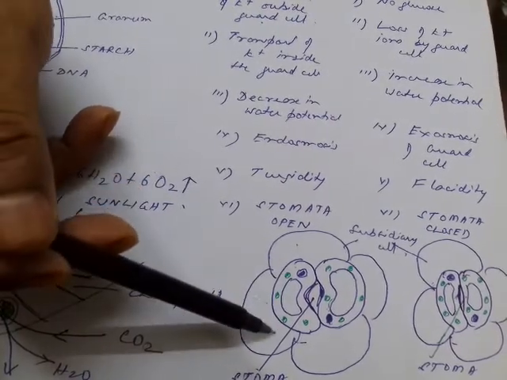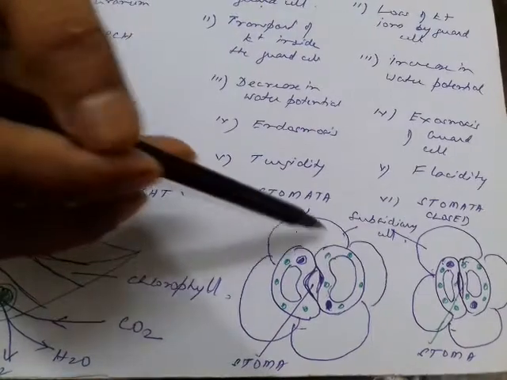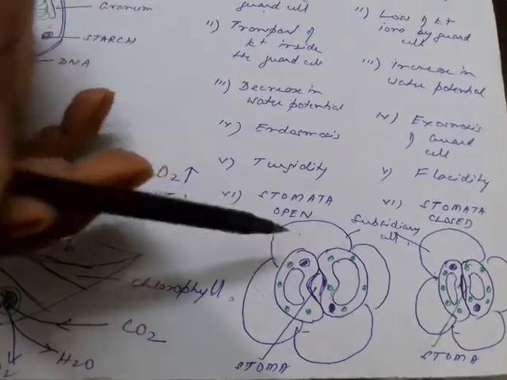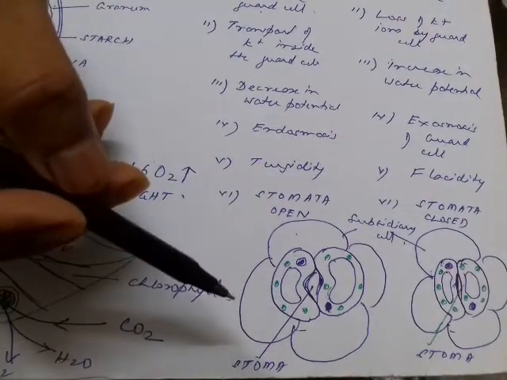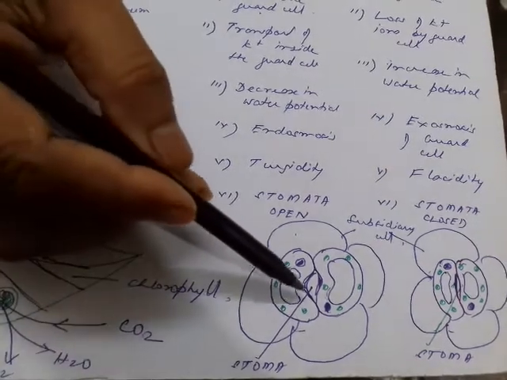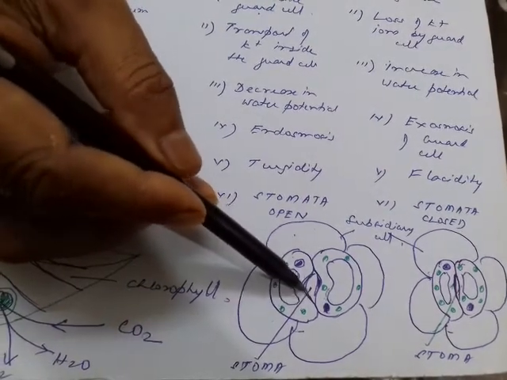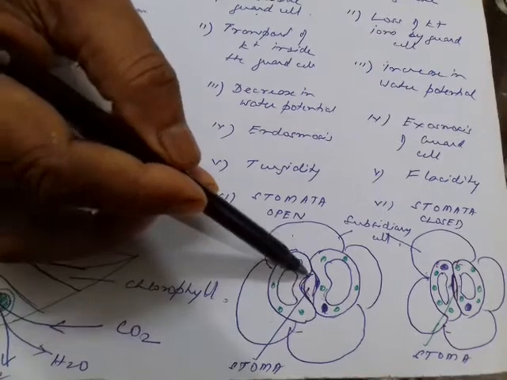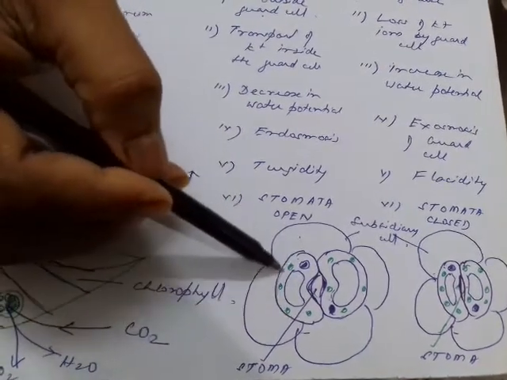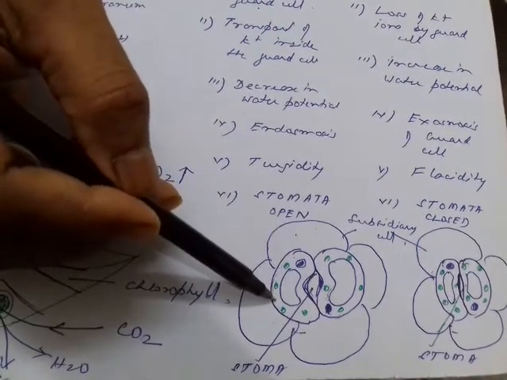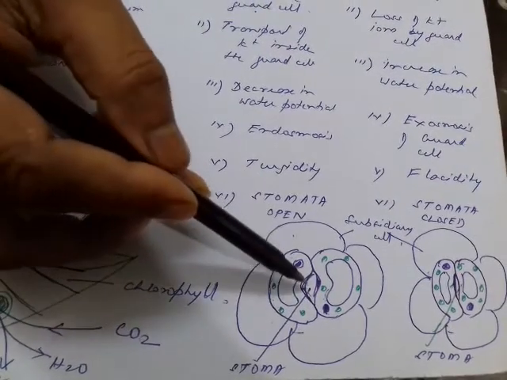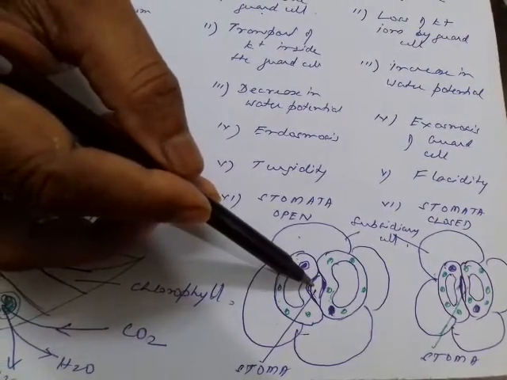Now that causes the water molecules from outside to come inside by the process of osmosis, and that you know as endoosmosis. So when endoosmosis takes place, there is a differential thickening in the guard cell. The guard cell inside is thickened more and the outside is thin in the periphery. So usually the bending takes place more towards the outside, causing the stomata to open.